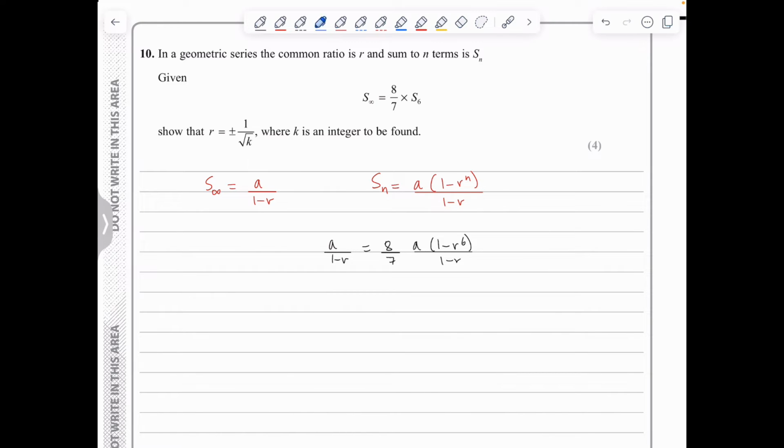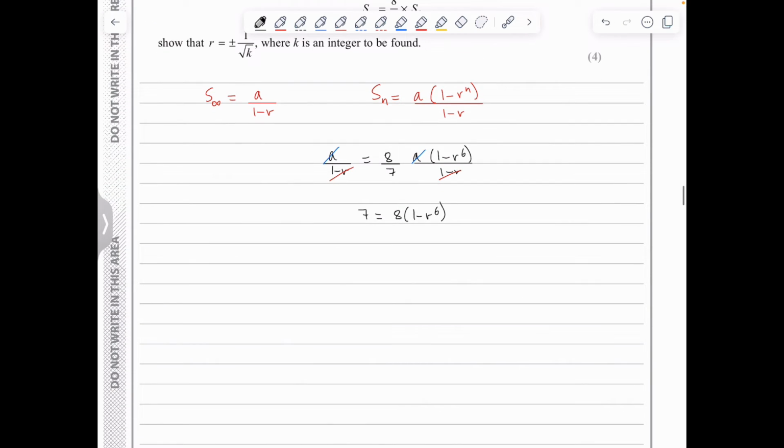Well, notice that the a with the a will cancel out. The 1 minus r with the 1 minus r will also cancel out, and therefore I can cross multiply to get 7 is 8 times (1 minus r to the 6). So we have that 7 is 8 minus 8r to the 6, leading to 8r to the 6 is equal to 1. Now I can proceed in saying that r is plus minus the 6th root of 1/8,